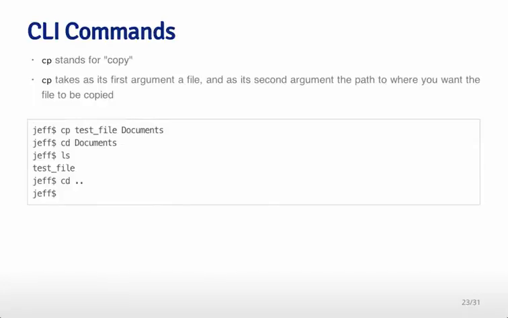CP stands for copy. Suppose you want to take a file and copy it into another file. What you do is pass copy two arguments. First is the file that you want to copy, and then the place that you want it to be copied to. So for example, if I type cp and then the test file that I've created, and then a directory, documents, what it will do is it will take the test file and it will move it into the documents